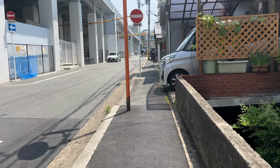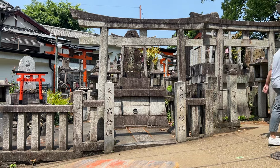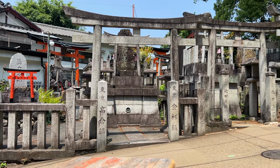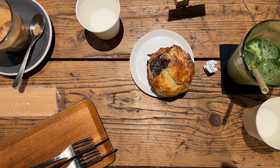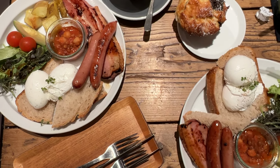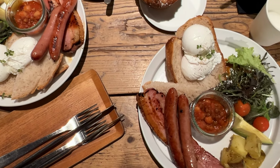a real sit-down breakfast. So we're at our closest train station, so we can head to Vermilion Cafe, which is pretty close to the shrine. It's right across from this, which just sets the tone for the day we're expecting to have. It's so cute in this restaurant too. Like, we're having lattes and an orange chocolate muffin. We're having a very English breakfast-based breakfast, poached eggs on toast, beans, breakfast meats. It's good, and it's just the kind of thing I was looking forward to having in my stomach before trying